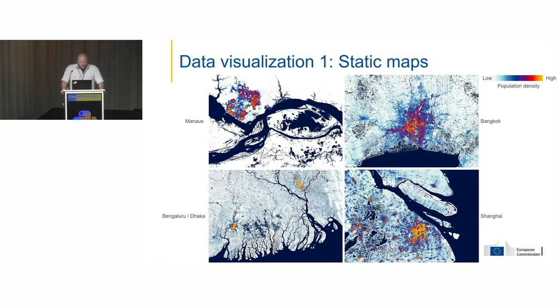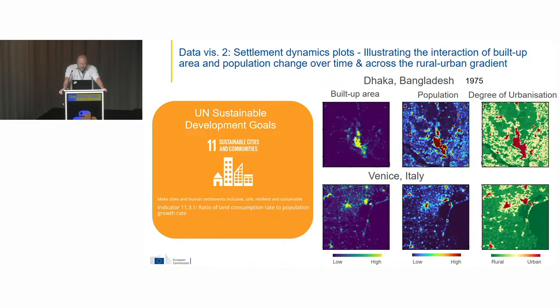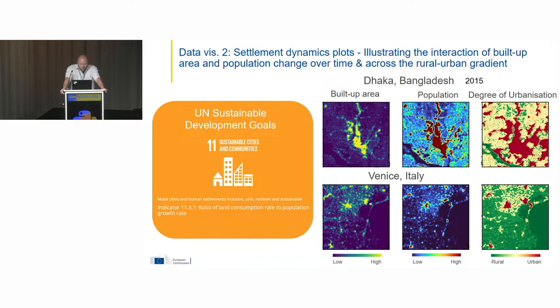So here I overlay a water layer, which is also part of the Global Human Settlement Layer. Actually the water is not used, the land is used in order to obtain more accurate population density estimates, right? So I overlay this layer here and can produce these static maps. Okay, but that's static. That's also kind of boring. So let's move on to more animated